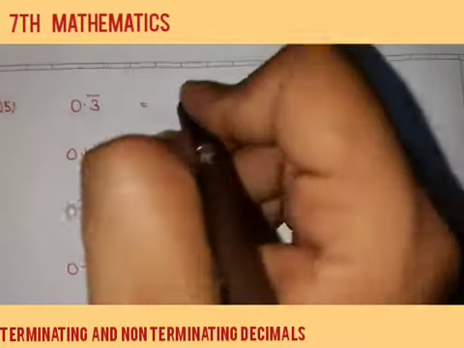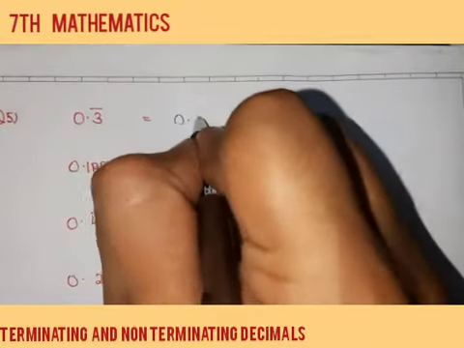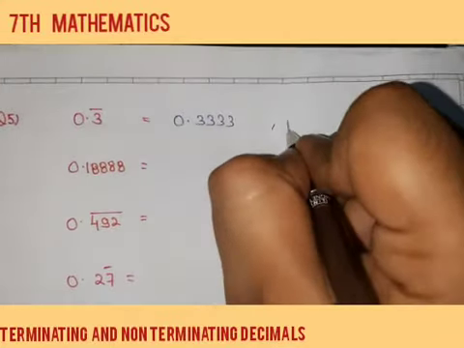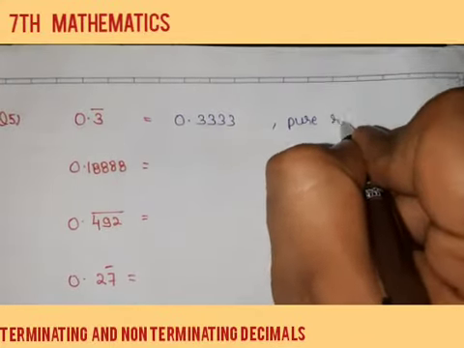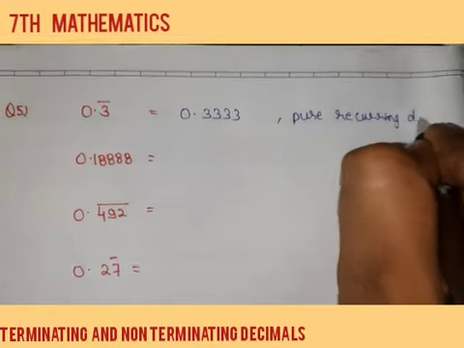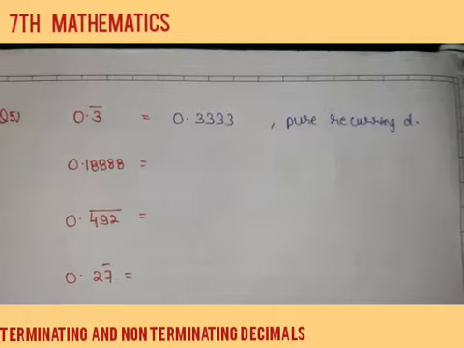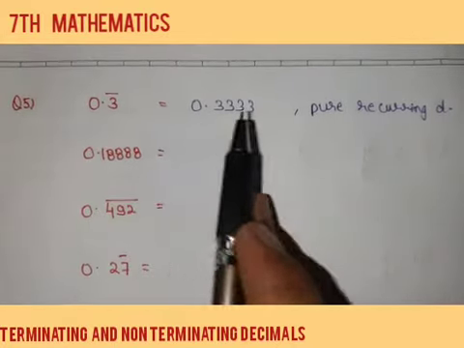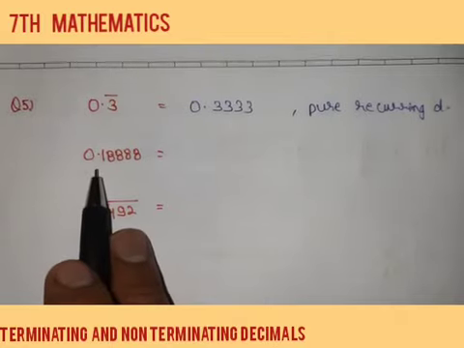So let's see, 0.3 bar, that means it can be written as 0.333. So it is a pure recurring decimal. Why pure recurring decimal? Because after the decimal all digits are getting repeated. Now second,